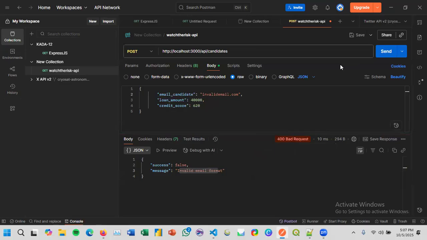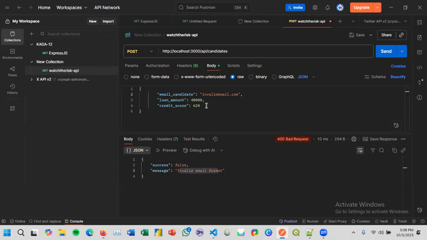And for the last test, to test all the conditionals in the post route on our server, we will input a payload with missing required fields, which will also return a bad request error.